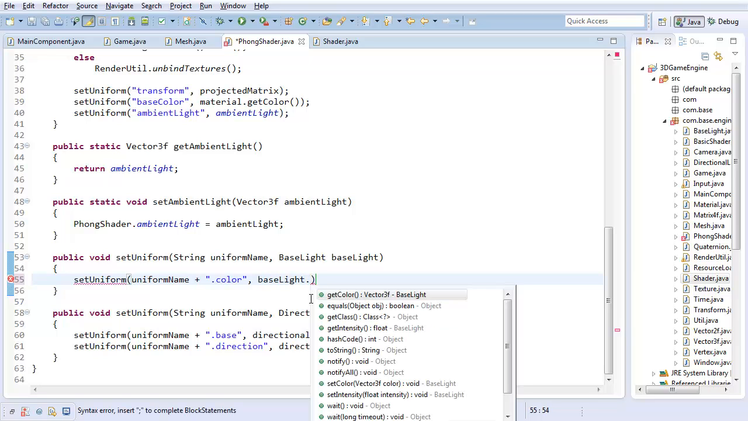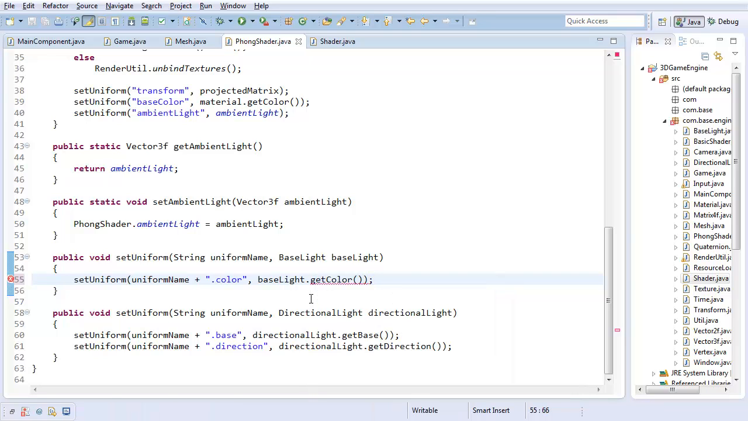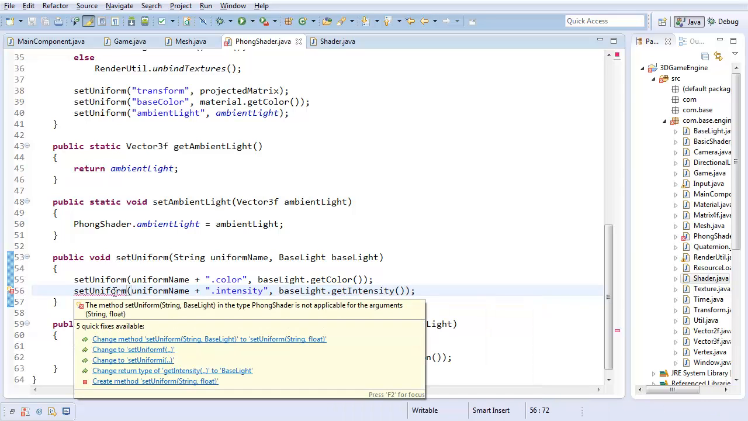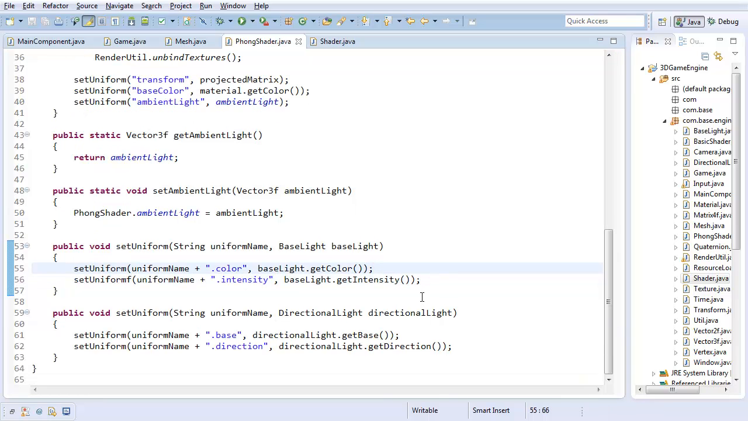So yeah, this is basically how you set up structures in GLSL and send structures in Java to structures in GLSL. I guess that's what I'm trying to say here. There we go. Yeah, you get the idea. You see me doing it. So yeah, dot getIntensity, and yeah. Except it's going to be setUniformf now. And finally,